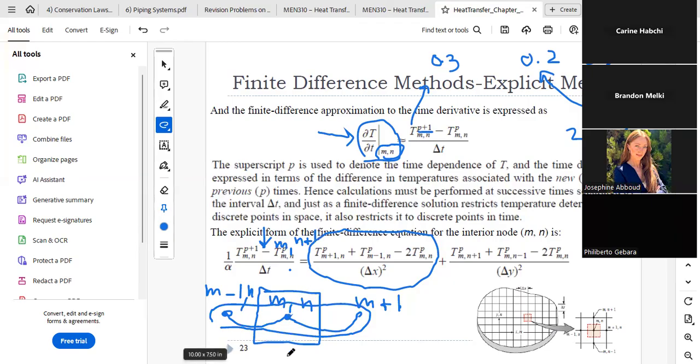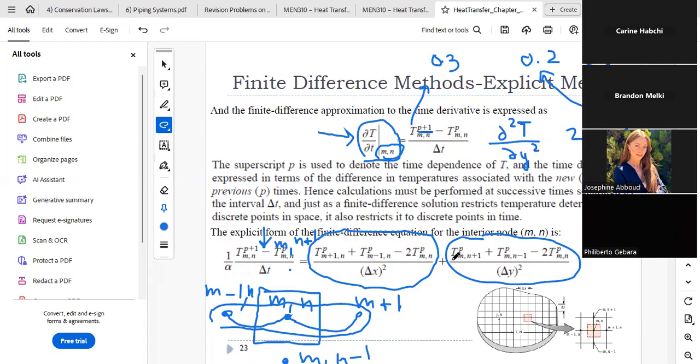And the cell just below has an index of M and n minus 1. So we have seen last time together in chapter 4 that I can replace the second derivative by this numerical form. Okay, so I just have to write, instead of the second derivative of T with respect to y, I can replace it numerically